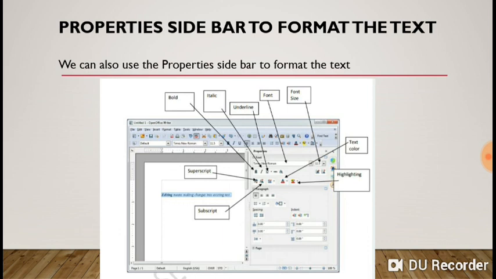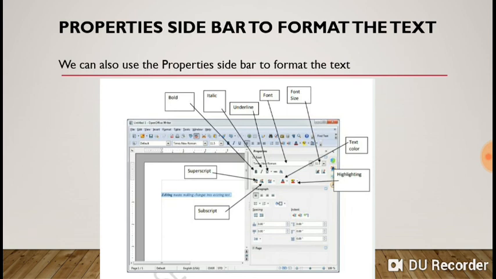As we listed, we can set the character formatting from the properties sidebar also. So yes, now we will see there is a properties sidebar on the right side of the Writer window. Yes, you can see in the diagram, and all the formatting options are also indicated.